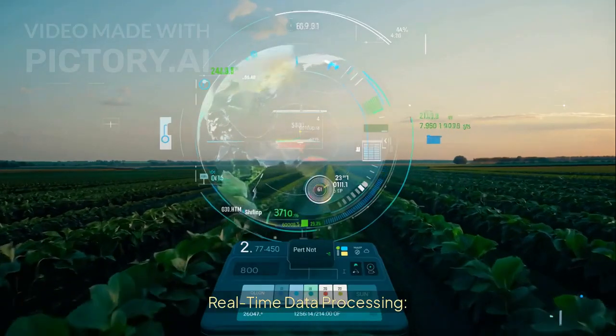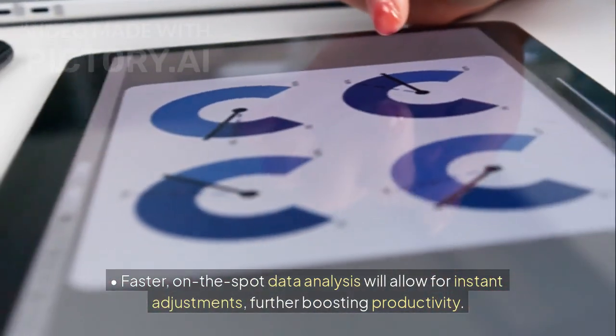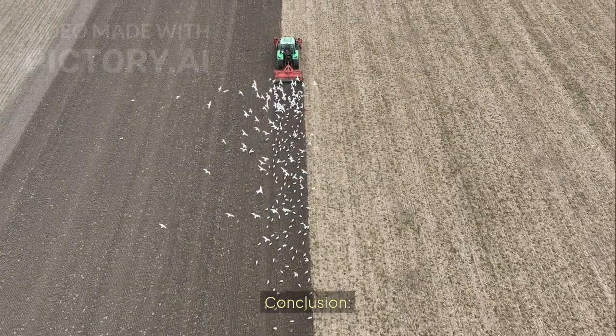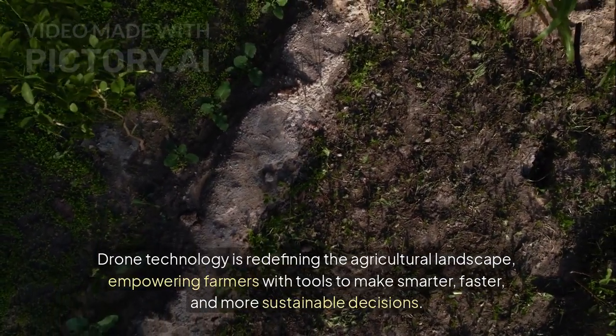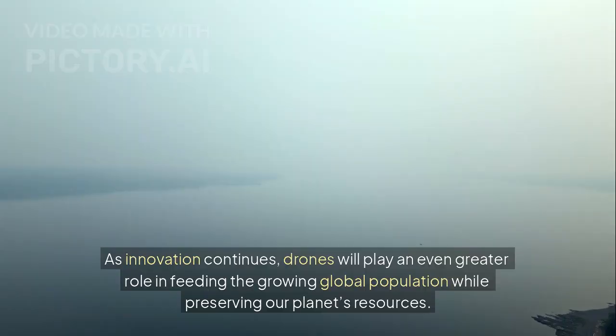Real-time data processing. Faster, on-the-spot data analysis will allow for instant adjustments, further boosting productivity. Conclusion. Drone technology is redefining the agricultural landscape, empowering farmers with tools to make smarter, faster, and more sustainable decisions. As innovation continues, drones will play an even greater role in feeding the growing global population while preserving our planet's